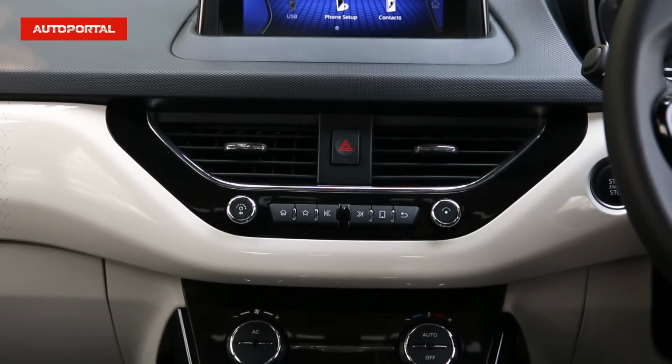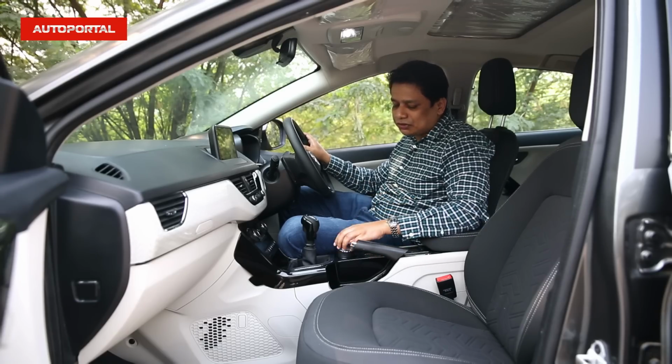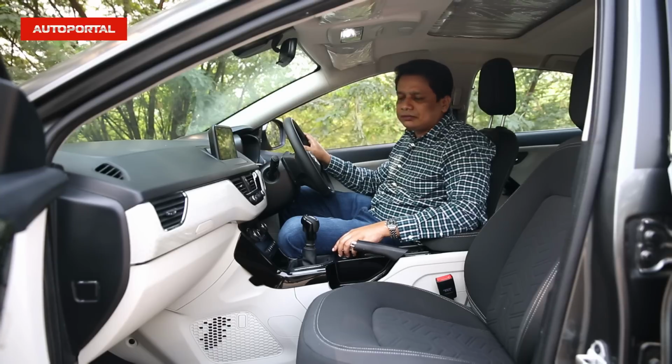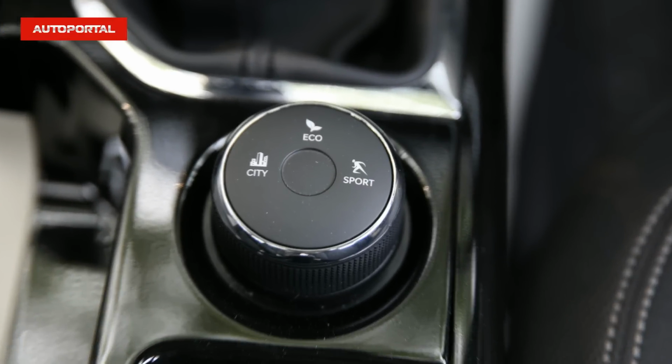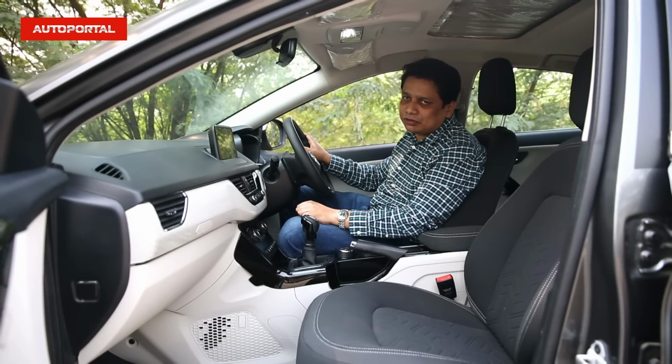You get automatic headlamps, you get cruise control, you get multiple airbags, you of course get different driving modes. City drive mode activated. And you also get automatic climate control. You also get a function called Express Cool. And of course, if you use this button over here,